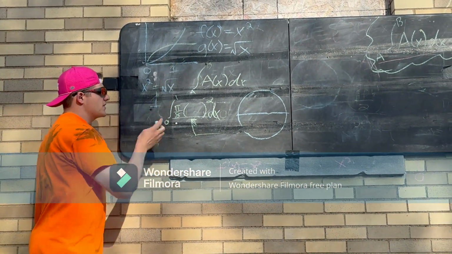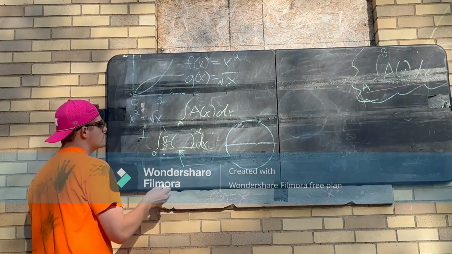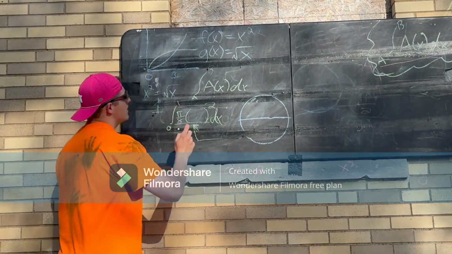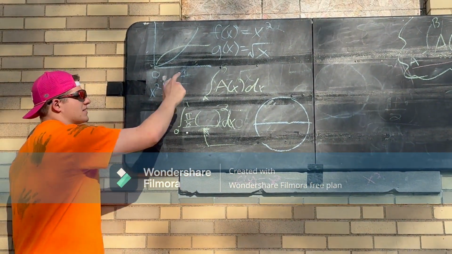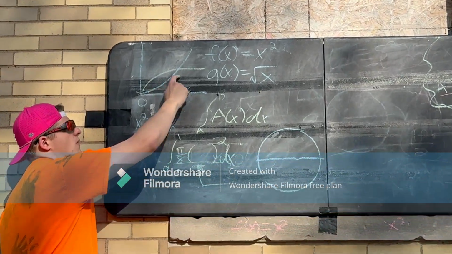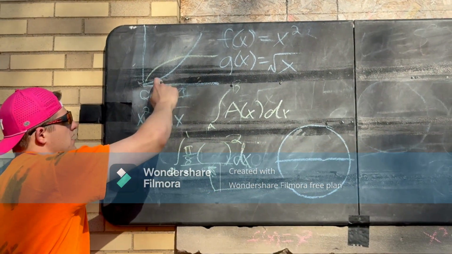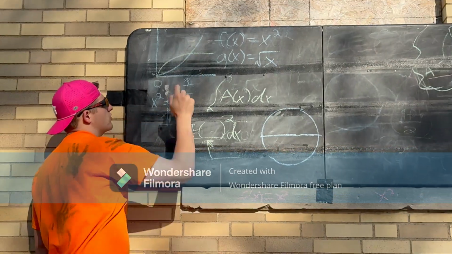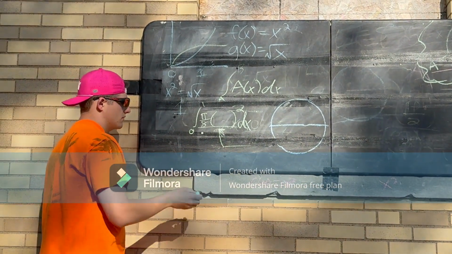Now, which equation is on the top? X squared. Not x squared. That is a common mistake because remember last time it was top minus bottom. So this one was on the top. But this time, this one's on the bottom. So which equation is the green? Square root x. Square root of x